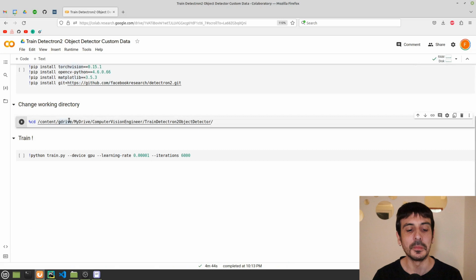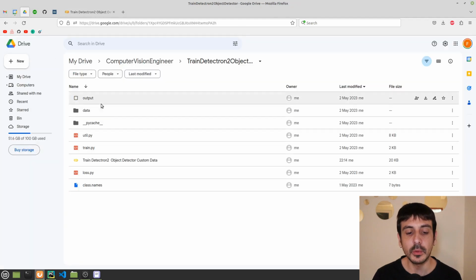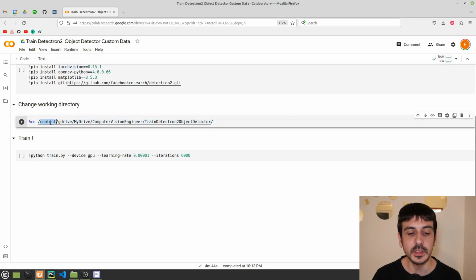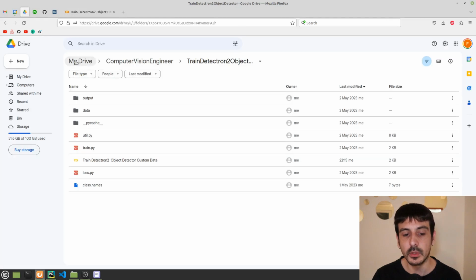Now let's continue. Then you need to change the working directory of this notebook. You need to execute this cell, but it's very important you update this path to the path where you have uploaded the data and all of your files. In my case, it's content, G Drive, my drive, and then this is the location of my data. If I show you my Google Drive, you can see this is my drive, Computer Vision Engineer, Train Detectron 2, Object Detector.